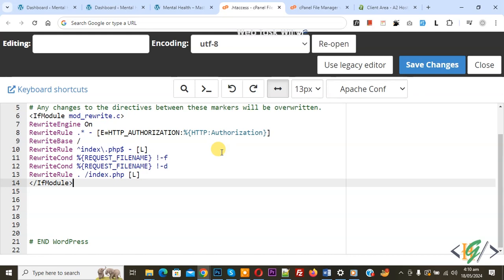Bismillahirrahmanirrahim. Assalamu alaikum. My name is Hassan and today we are going to prevent search engines from storing a cache